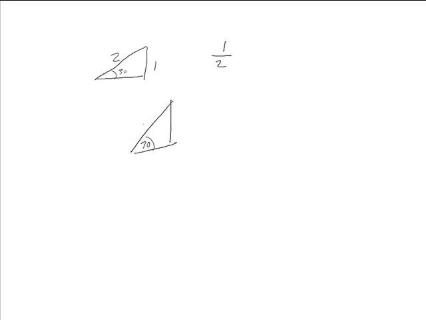Now that I have a 70-degree angle, there's a new relationship. The opposite side here is related to the hypotenuse in some way, but it's no longer a 1 to 2 ratio. So what you would do is go and look up in a table or a book,